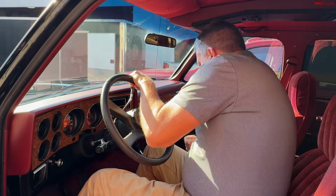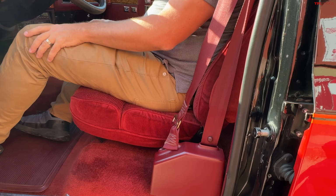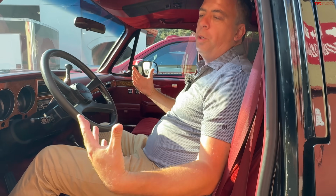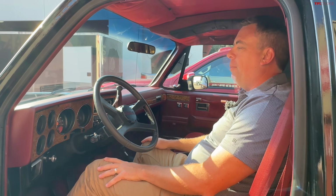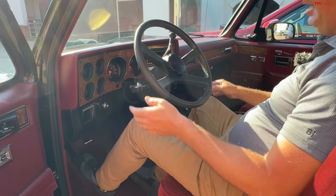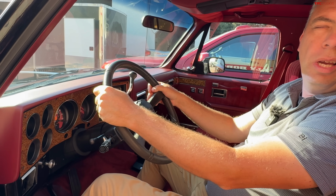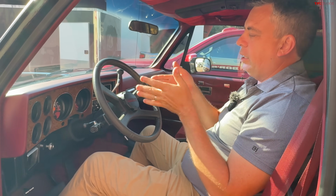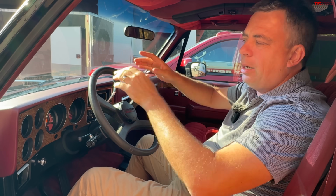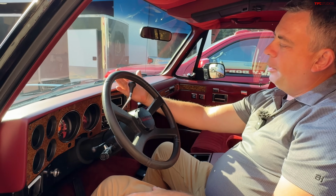This is pretty special. Just check out this interior. It's red, but it's still huge. I think this is the beauty of the American full-size truck-based SUV. I got a big steering wheel. It's a little bit maybe cockeyed. I mean, this is kind of the history of Chevy trucks, because just the way that the steering column used to position itself. But look at this. Column shift